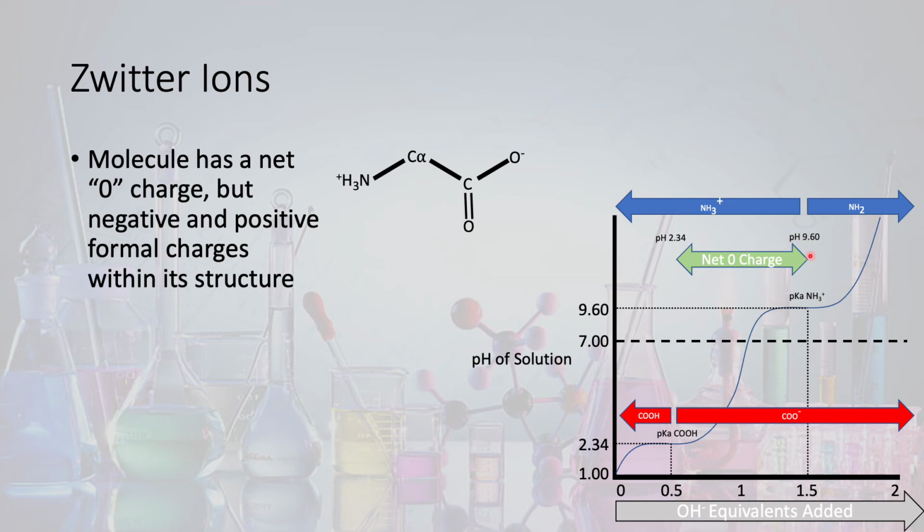Because above a pH of 9.6, our amino acid has a net negative charge, and then below a pH of 2.34, it has a net positive charge, right? If we go back to the previous slide, you can see this in our chart. So here are our ionizable functional groups. Again, pH, pKa combo,